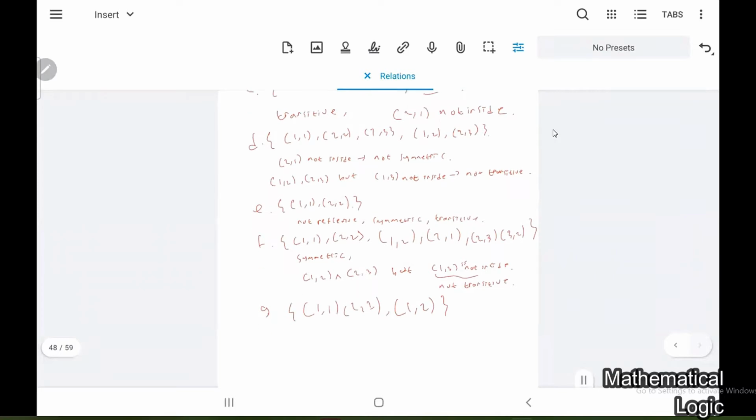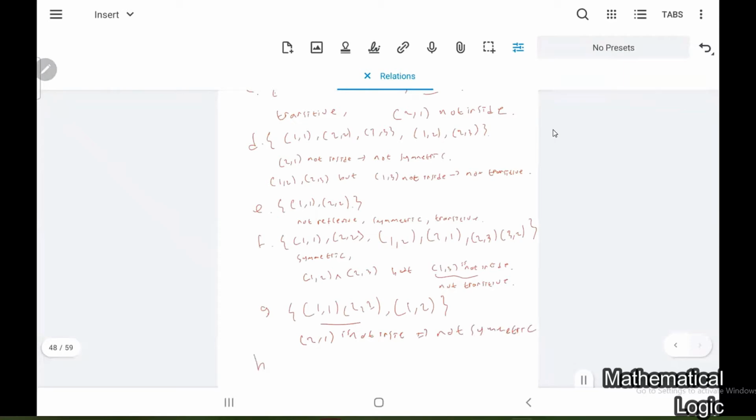So it's clear that it is transitive because we have 1, 2, 1, 2. To 1 is not there, right? So 1, 2 is there, so it should be fine. So 2, 2, but nothing, right? So 1, 1, 1, 2. So we have 1, 2 is set already. So it should be fine. So this one is clear, transitive, but 2,1 is not inside. So we get this one is not symmetric.